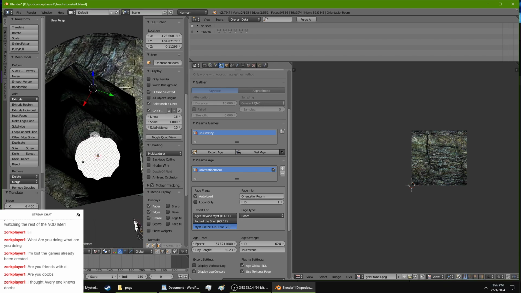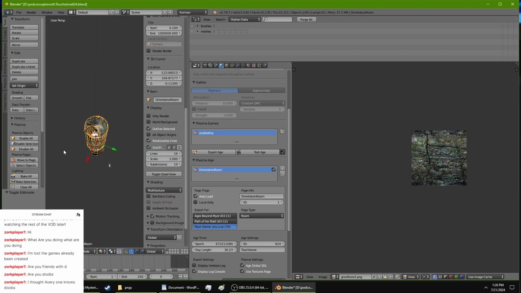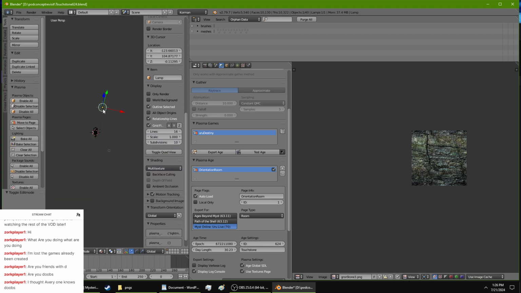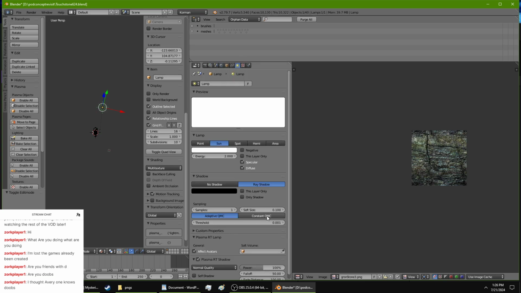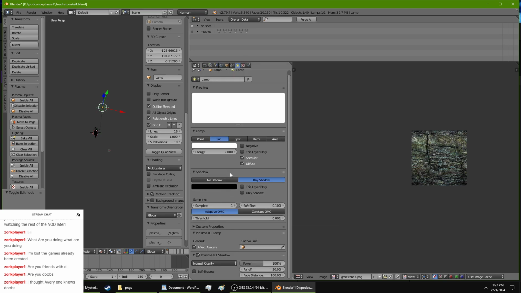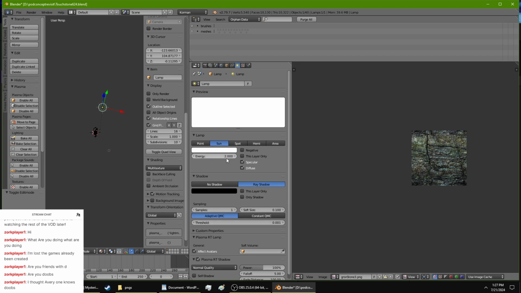I'm going to assume that my lighting settings are what's wrong here. Go back to my lighting. Energy. Power. Falloff distance. Really? It only goes to 5? Okay. First and foremost, I'm going to just